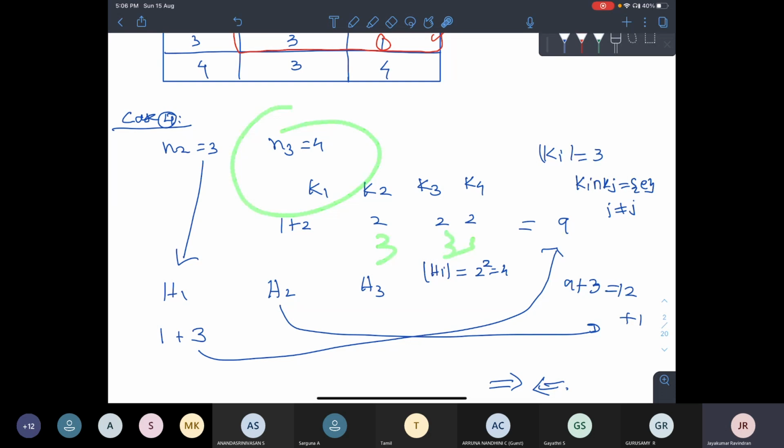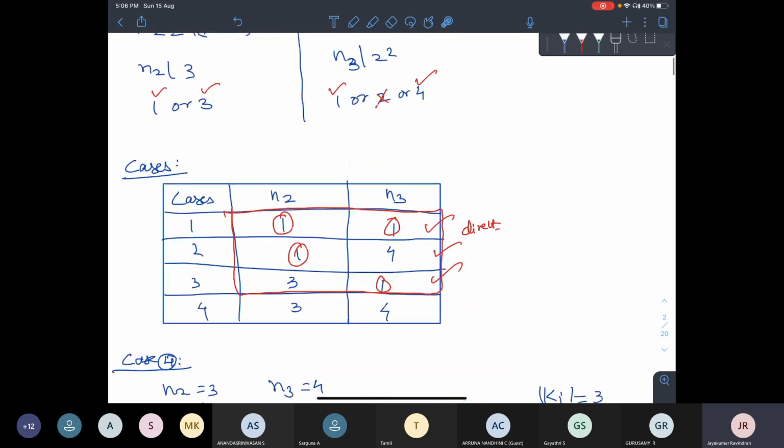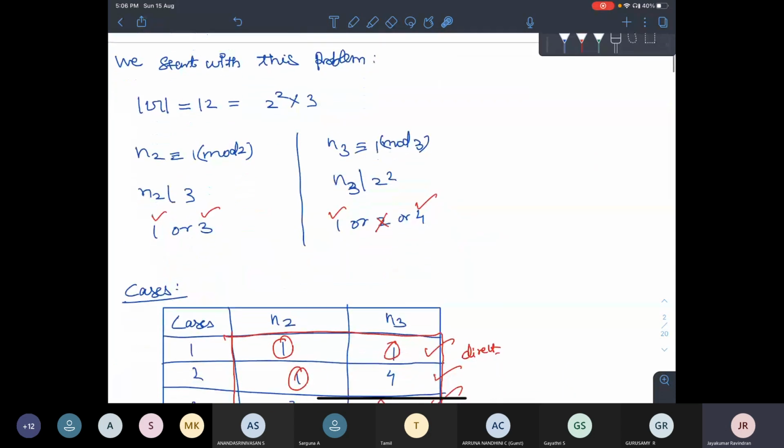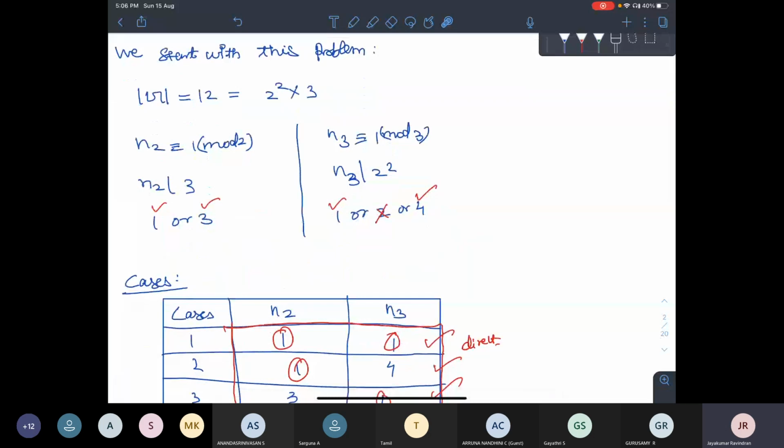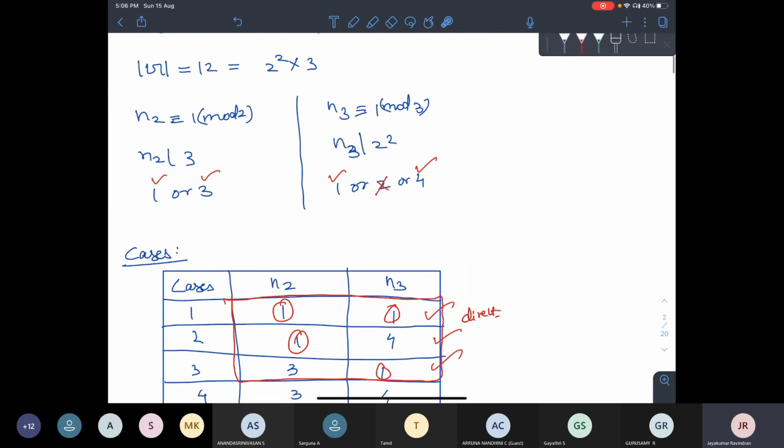So this is called the counting method. I told you when one should use the counting method, whenever the relationship between the prime and the power is such that the power is smaller than or equal to the prime, one can use it. If not, it is difficult. We will see why this is difficult.